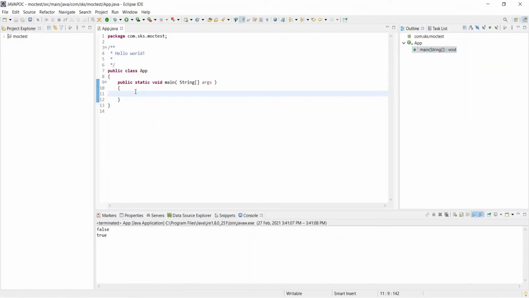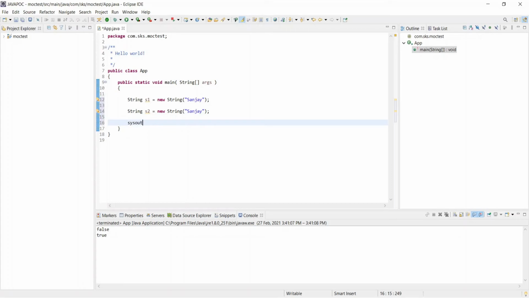Okay, so I am just writing String s1 = new String, and I am just typing Sanjay here. And the same thing I am doing with Control C, Control V, and here I am creating another reference variable s2 with the same content.